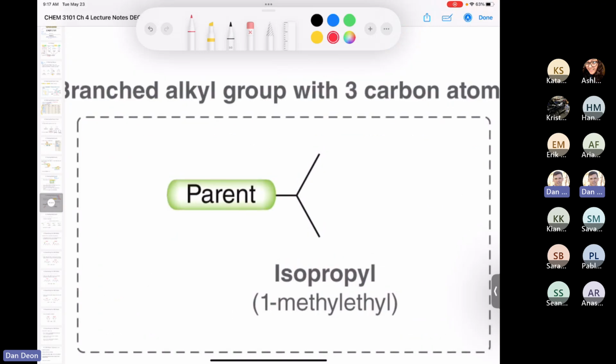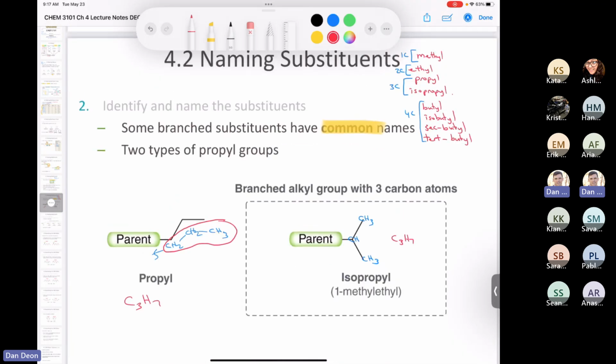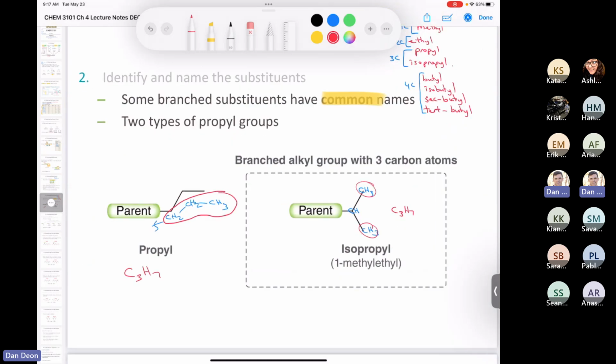So it turns out there's a second way that you can organize C3H7. And that is, as we have shown here, check it out. We have CH, so that's a methine, CH3, and CH3. If you tally that up, that's C3H7. So it's an isomer of the propyl, and we call this an isopropyl. You could give it a complex branch name, 1-methyl-ethyl, but we almost never do that. Okay, maybe a question in the homework or something like that, but very rarely do we do that. Another thing is that you probably noticed, well, there's isopropyl and isobutyl. What you'll see is that they both end with 2 methyl groups, kind of coming off the end like this. The isobutyl does that too.